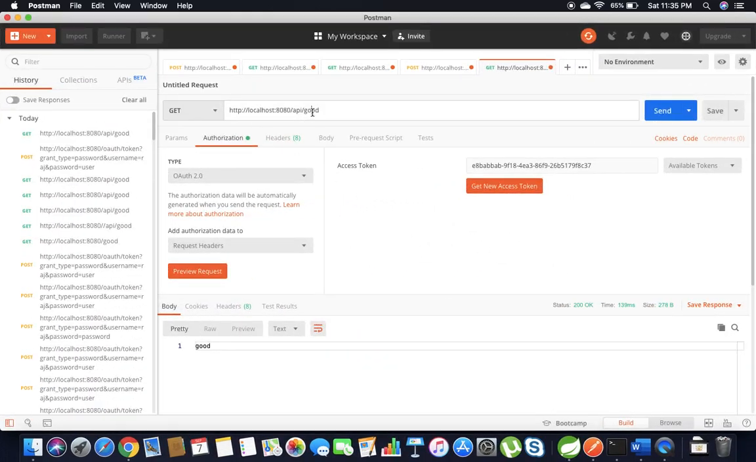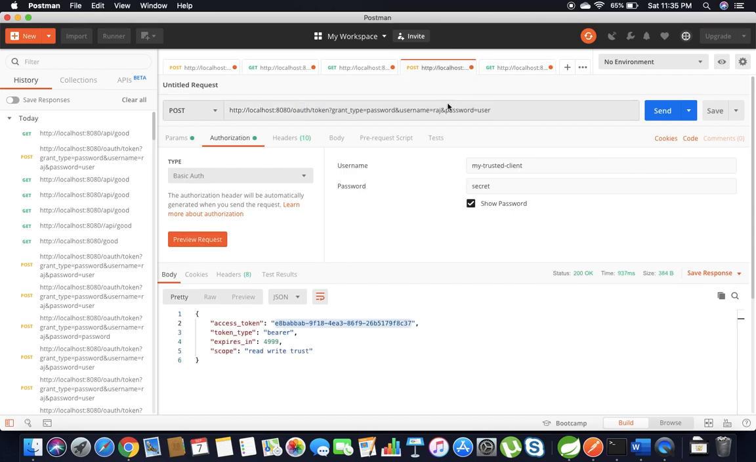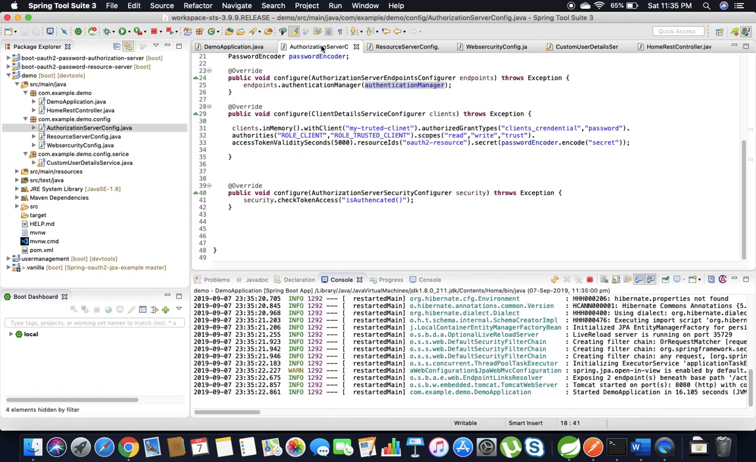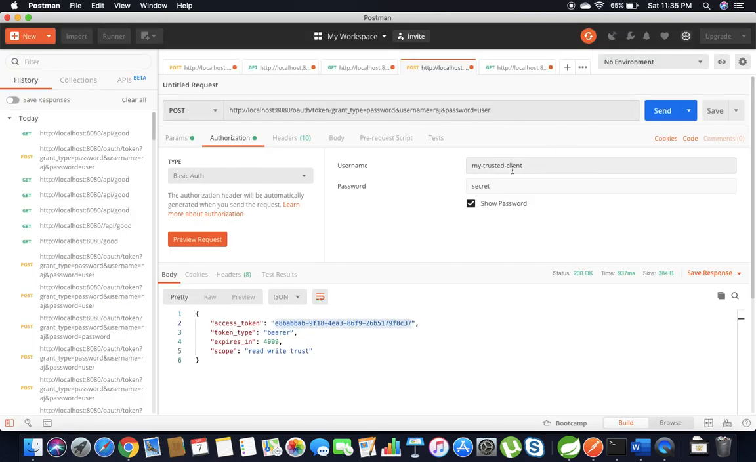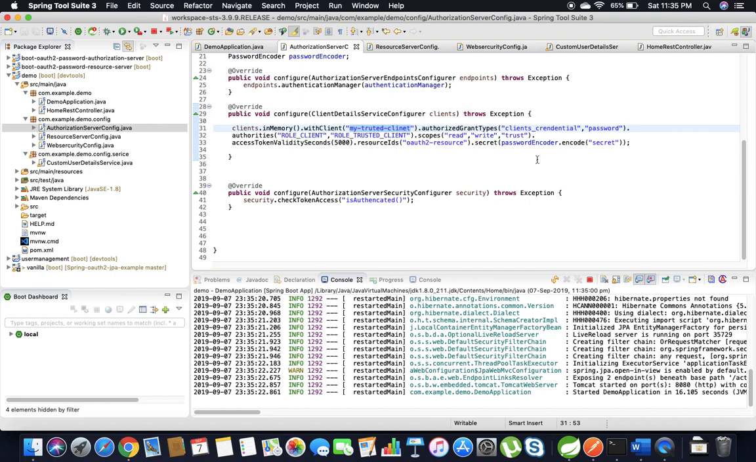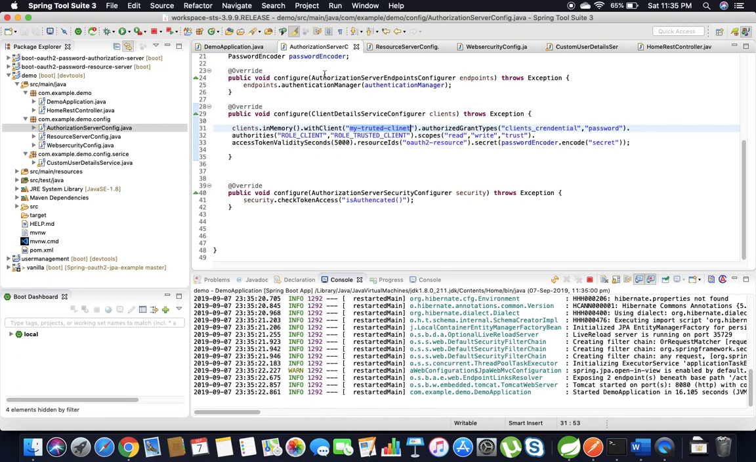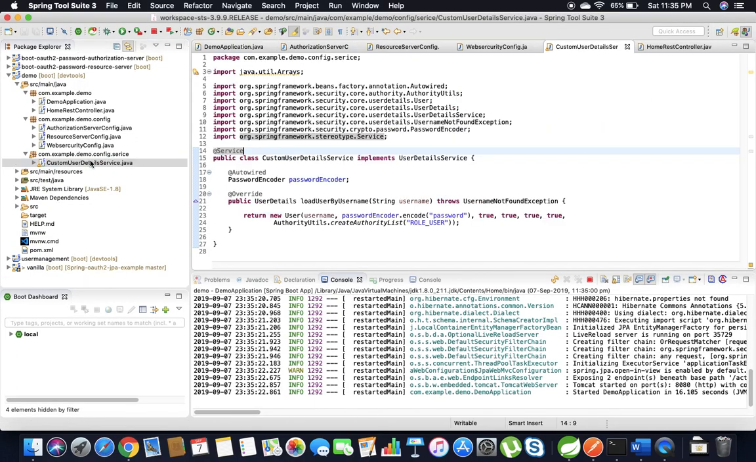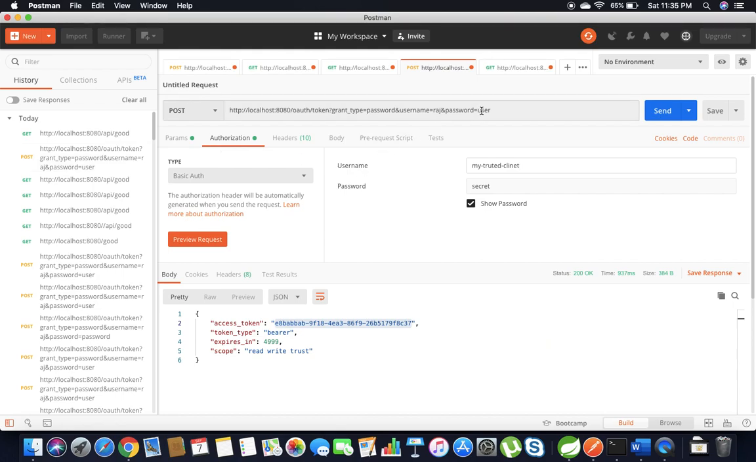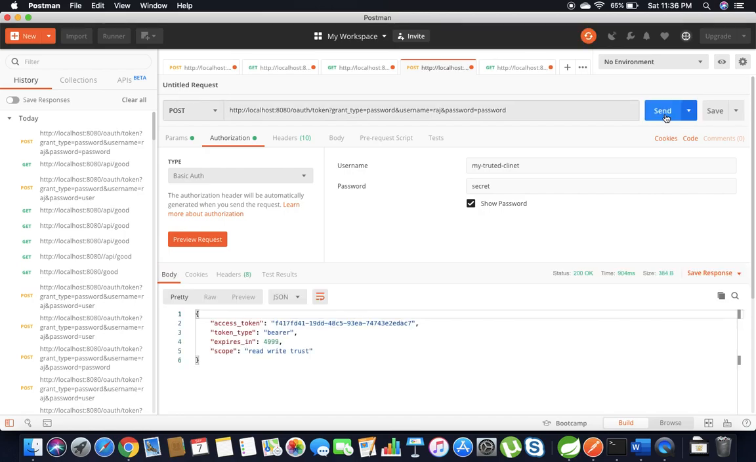Let me check our good friend here. I have again my trusted client. Client. Wow, it's very good. Client. And the secret is secret. And the username is user. And the password is the most secure password of everything. Password. Yep,